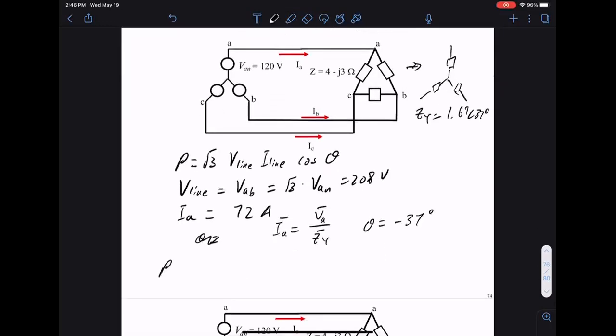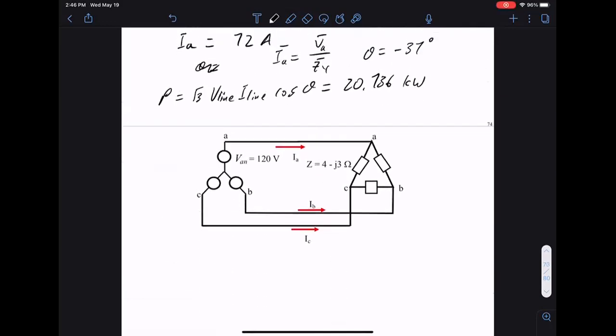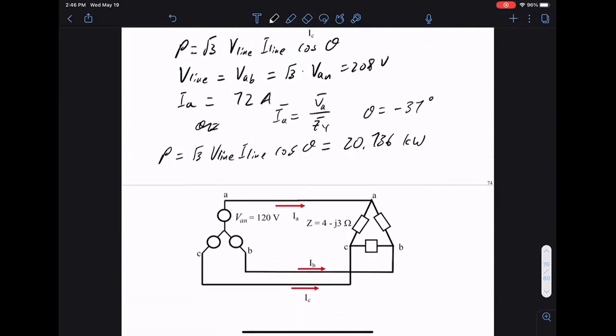So we have P equals √3, V line, I line, cosine of this angle. Plugging everything in, we get 20 kilowatts. So we take √3, V line, I line, cosine theta. Okay, so we can do this in another way, right? So we want to use,